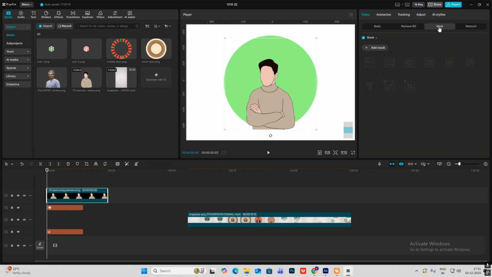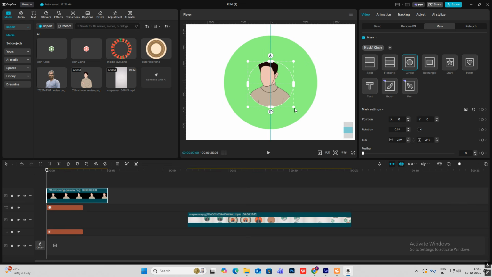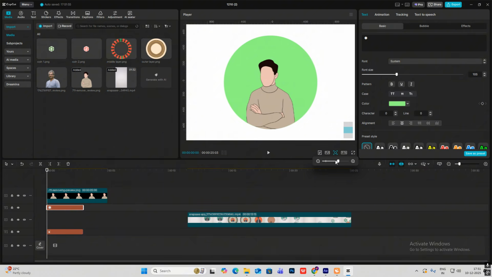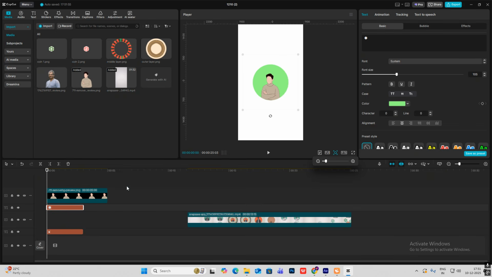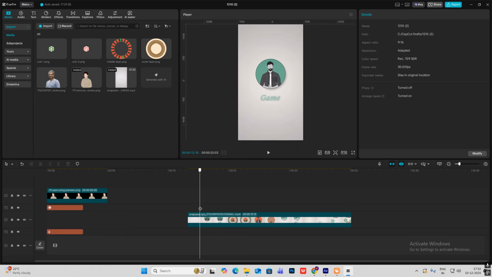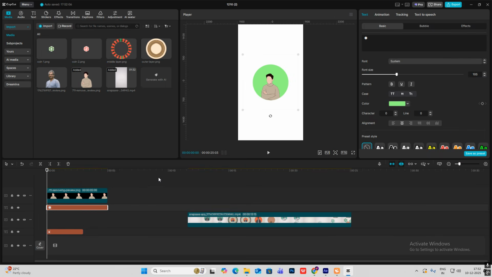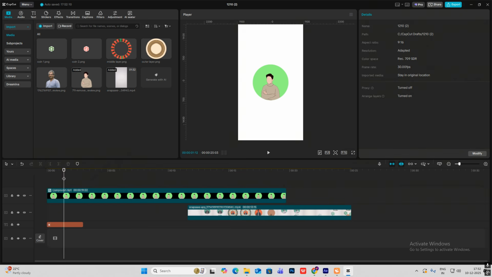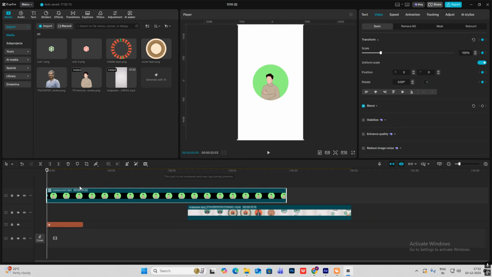Then add mask circle, increase the size, make sure it fits inside this, okay, and deselect this. So now we have got it perfectly aligned with our circle. Now the starting animation, it will slide up with the text. So what I need to do is first I'll make this big, hit Alt plus G to make it a compound clip. Click on the transform keyframe, go ahead, again click on the transform keyframe, go to the start, bring